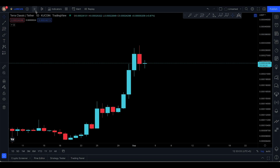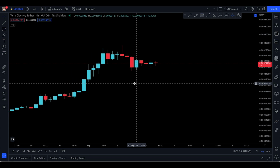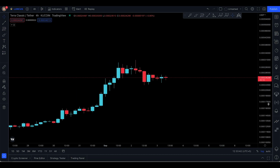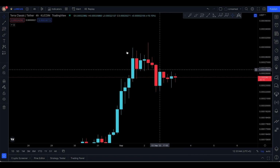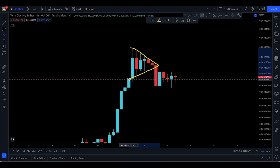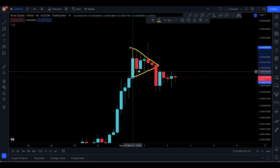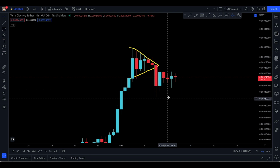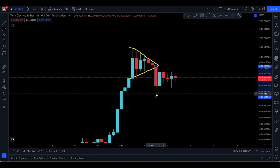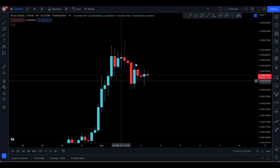Now at the moment, what I want to do is dive into the 4-hour time frame, and the likely scenario for me for Lunar Classic is that I want to see it making a pennant to continue. Now this was a 4-hour time frame pennant, and I talked about this one yesterday, that it's gonna pop somewhere, and it did pop to the downside. So if you take the technical target from there to there, this is where you broke out of, and it seems like it still has to come down to 21,216 here,